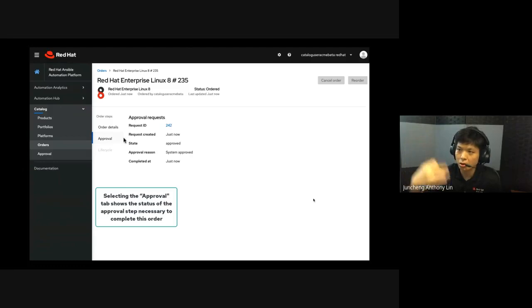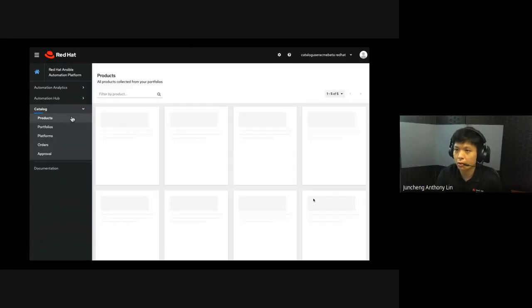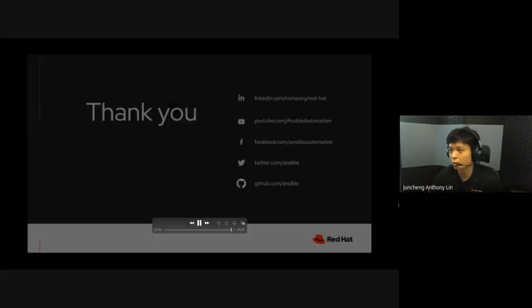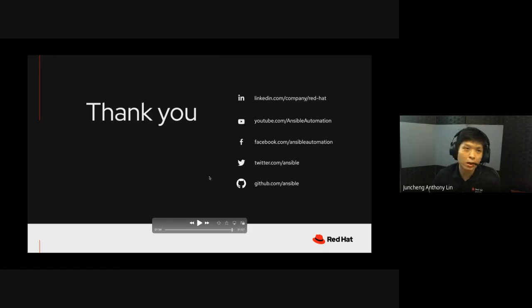Then it shows the approval. In this case we did the auto approved, so it just got approved. Then it's just going to run through the whole thing. So pretty much this is how it does it. We have that integration right now. Analytics and service catalog are SaaS based, but we definitely don't rule out the possibility that they will become on-prem, just like what Automation Hub has become, because of requests coming from the field and from the community.